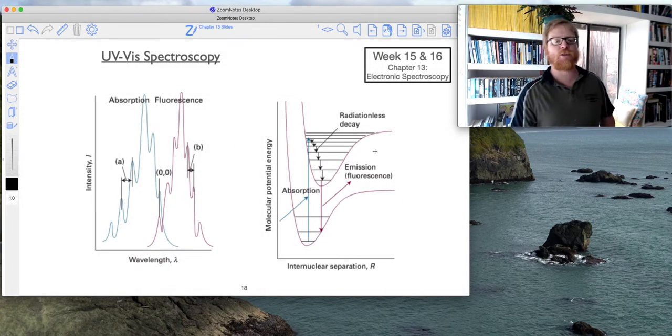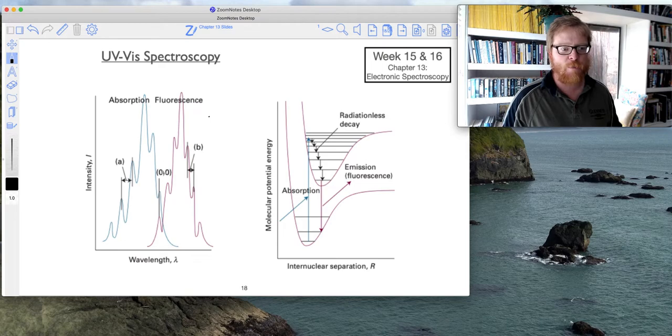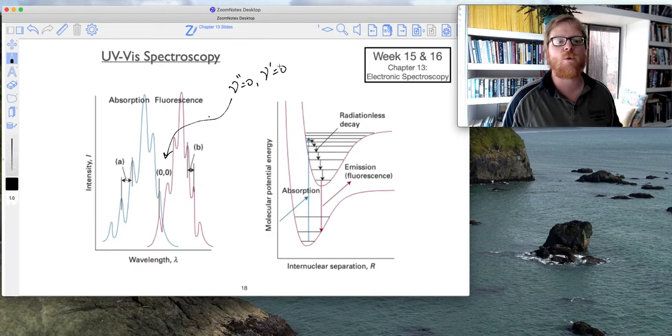So moving on. Here is a look at our potential energy profiles as well as what a spectrum would reveal. I think it's really cool to see those two things side by side. Here, if we were looking at the absorption, I'll first note by pointing out this 0,0 line right here. What that 0,0 line means is we're talking about nu equals 0 in the ground state, often with a double prime for the ground state, and nu equals 0 in the excited state.